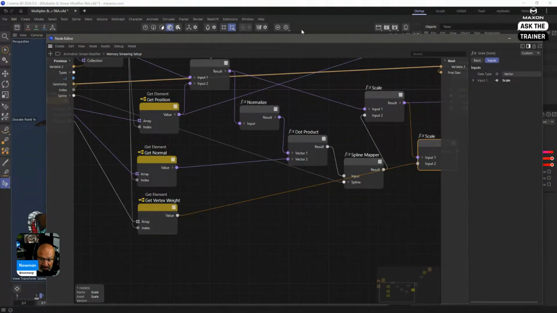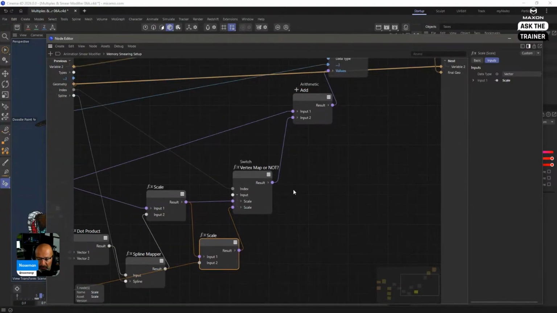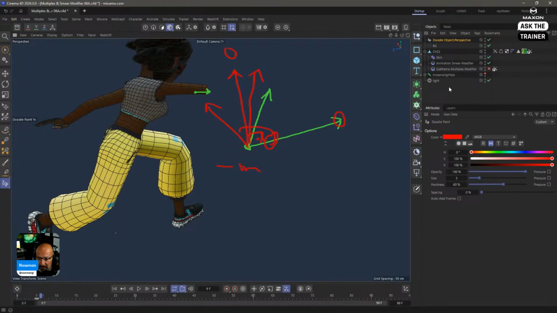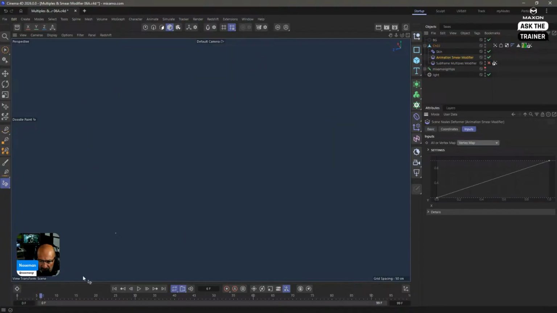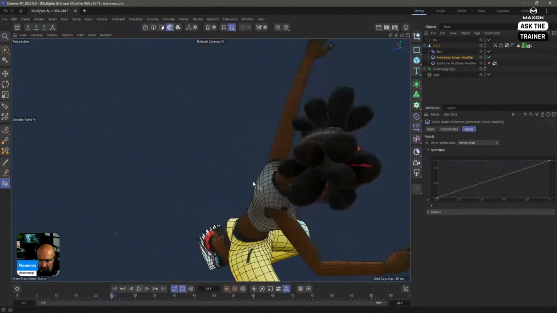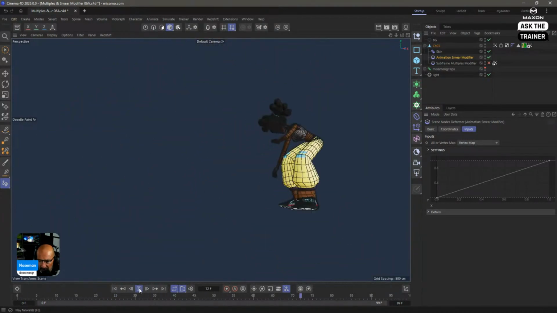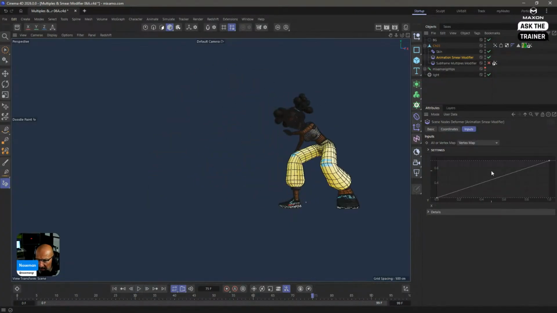So you get the vertex map, and these are values from 0 to 1, and you multiply each point and so forth. And I even have a little control here, vertex map or not. And what that means is that I can tell this, I just want everything to do its thing. Look, the whole model now should, if I didn't destroy it, just do the thing.